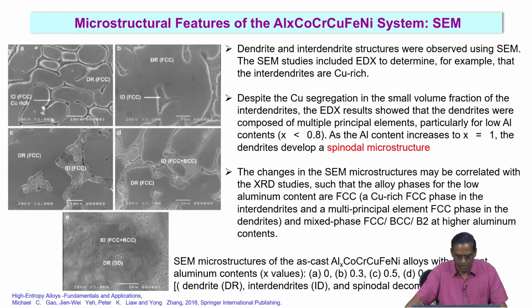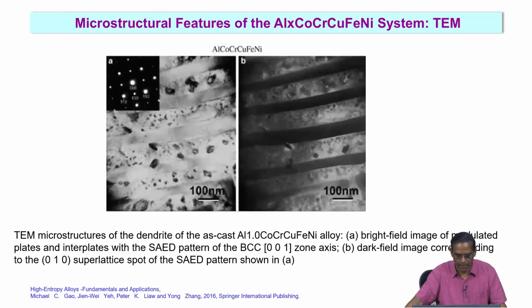So, this is some simple analysis. Let us look at the spinodal microstructure of the alloy with 1% of aluminum. How does it look at higher magnification, especially under transmission electron microscopy? What you are seeing here is a bright field electron micrograph, and then you have an inset selected area diffraction,